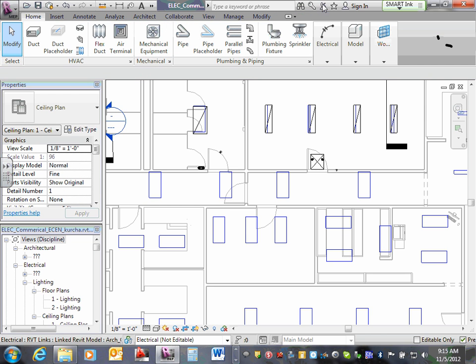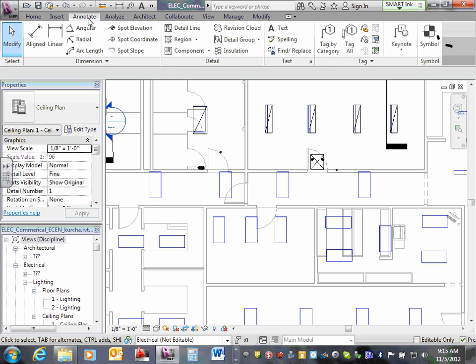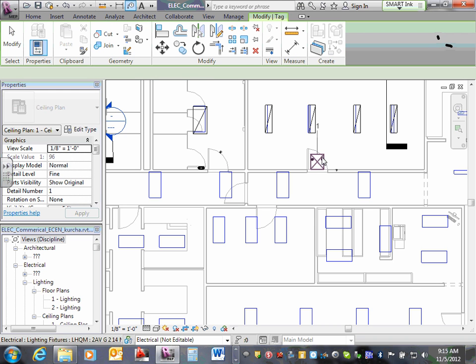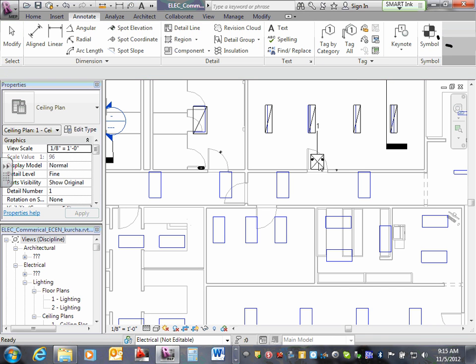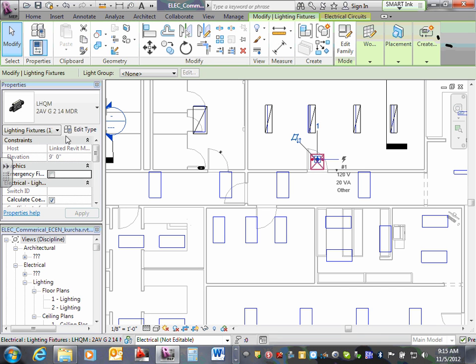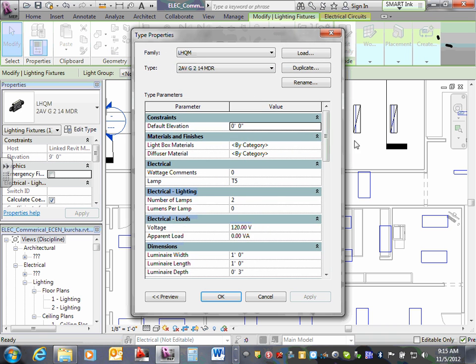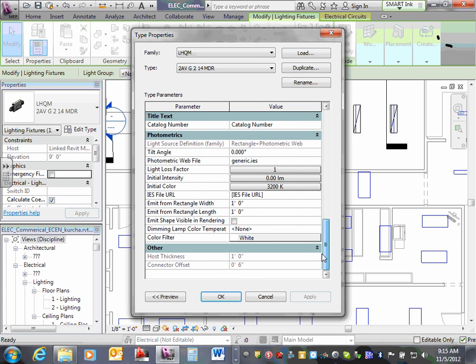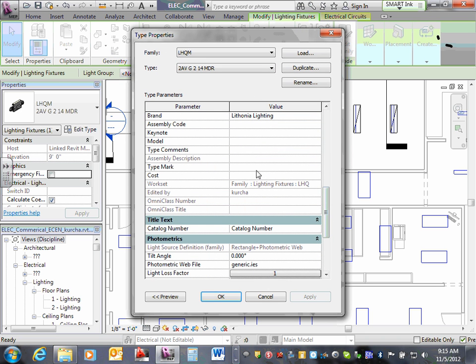I have just added this to the circuit. I'm going to tag it: annotate, tag. Here's my tag. It will show the fixture only. I need a type. I'm going to click on this one, edit type. I'm not going to be using it in any other location, so I'm going to go all the way to type mark and put this as, what is this? This is only,